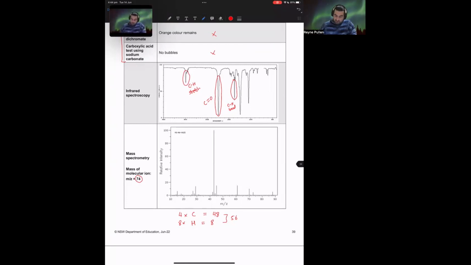Now, normally down in this region down here, the fingerprint region, we don't really deal too much with that because it's quite hard to pull apart that information. There's a lot of carbon-carbon bond movements that really confuse and blur that area. But we do have this other nice peak here. It's getting down towards the fingerprint region. So normally it might be a bit messy and hard to see, but in this particular case, it's quite stark, stands